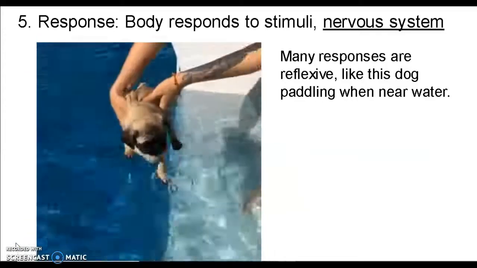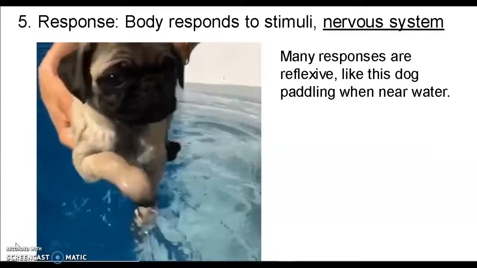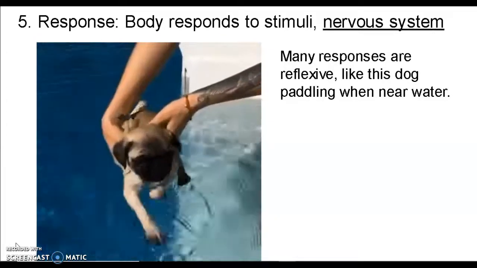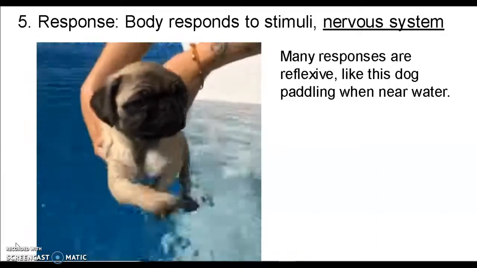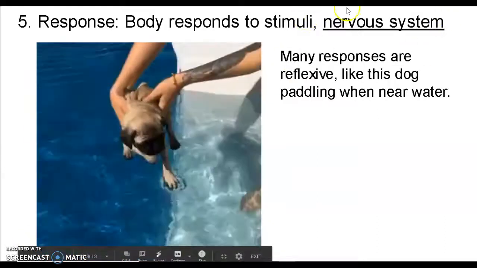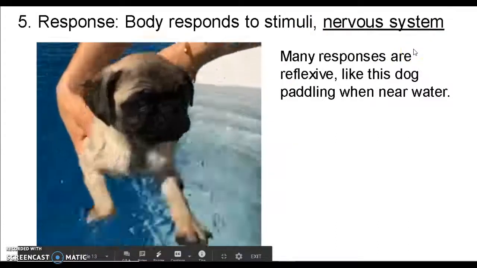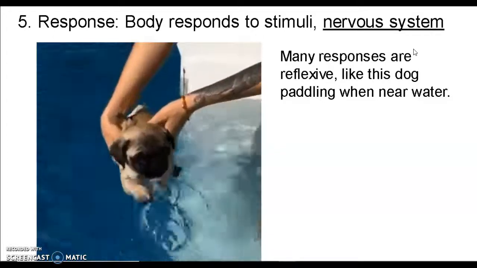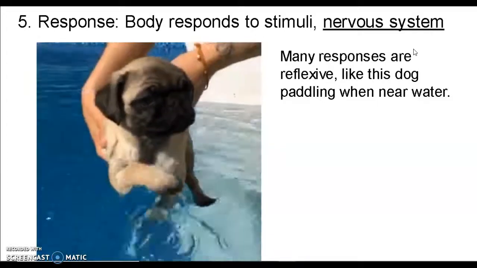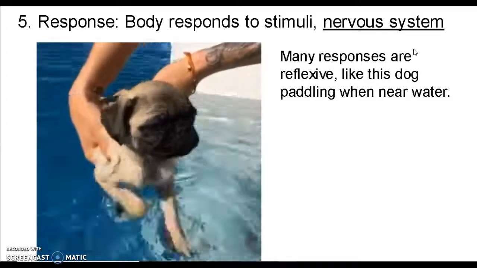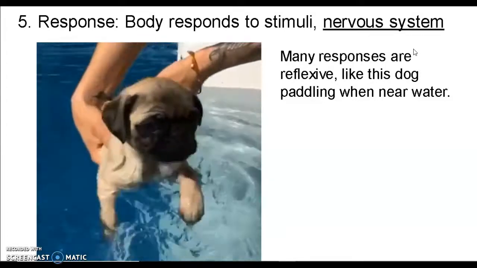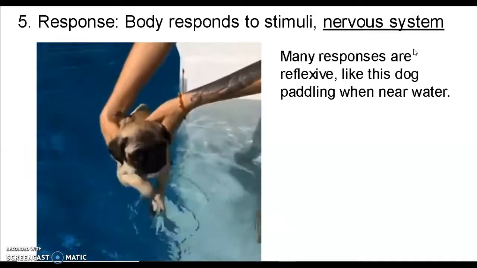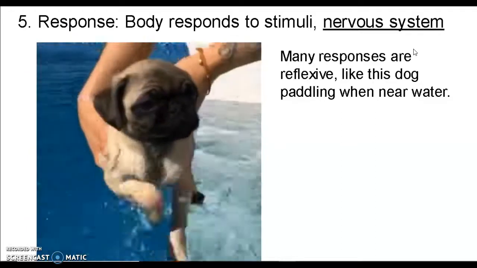Next is response. Animals have to be able to take in sensory input from their external environment and be able to respond to it. And animals do this with a nervous system. So most animals have some type of nervous system, and it might be very simple. Maybe just a few nerve cells spread out throughout the body, not like humans have with the brain and big, long networks of nerves running throughout the body. But most animals have a nervous system.